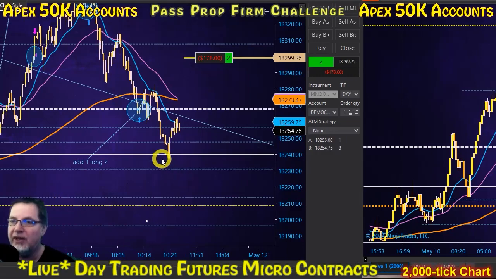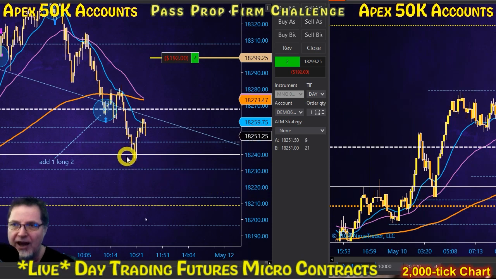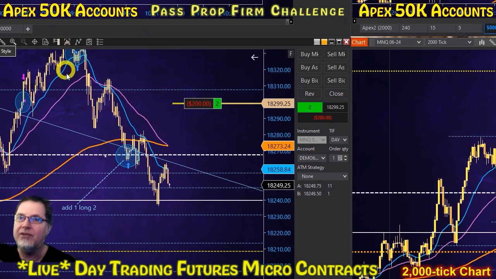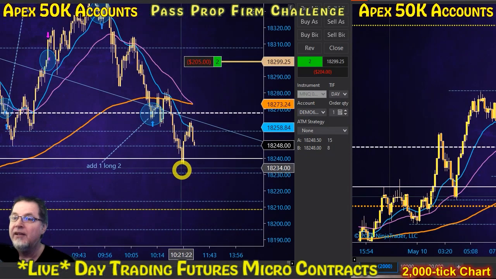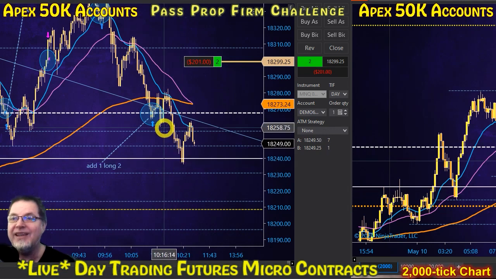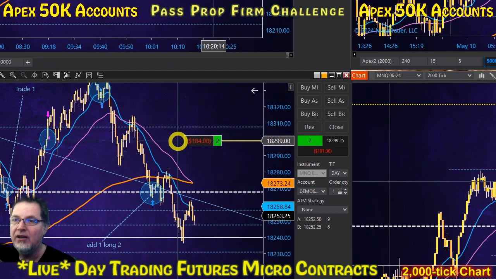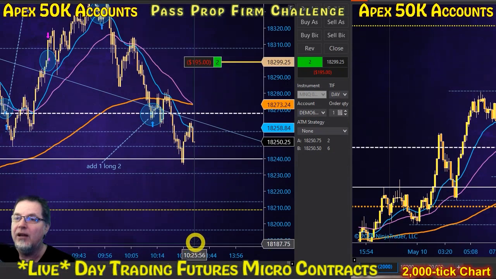I almost hit it right here, which was the idea, that I would get out of it if it continued down after I entered in. Sometimes you got to do that. You can't just hold your adds every single time, because sometimes there's a special area that if it doesn't work, you don't want to keep that position in place. You just get out of it, and now you're back to your regular size. But I like that I'm waiting.